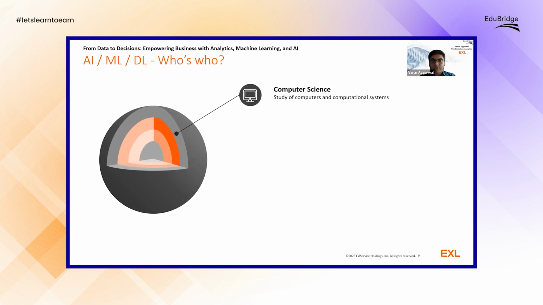So it's a field of computer science, and within that, artificial intelligence is one, I would say, of the verticals. Where the focus is on creating those kinds of methods using which you can basically perform tasks that require the human mind, human intelligence. Right. So whatever you can do, let's say through your mind, if you're able to do through a machine as well, that will come under artificial intelligence.